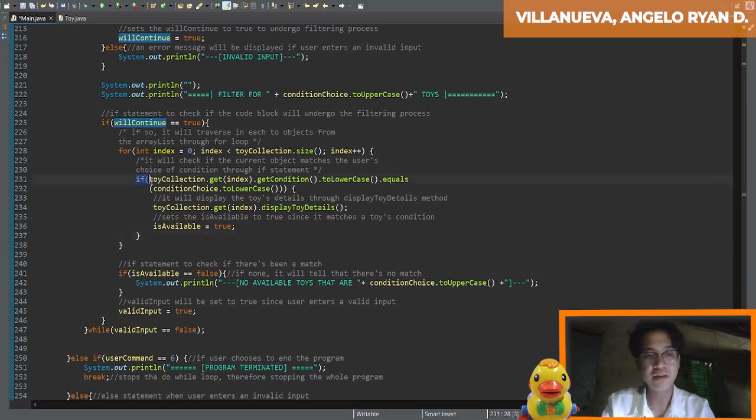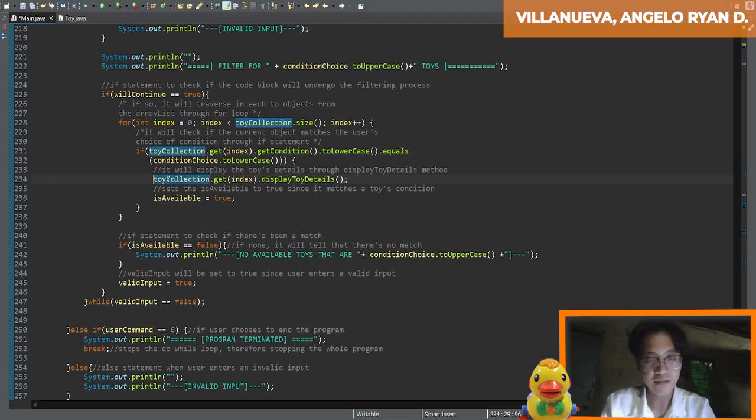By doing that, we've implemented an if statement inside the for loop, which utilizes the get condition method, then toLowerCase, and equals condition toLowerCase. This ensures that whether the given string is inputted in uppercase or lowercase, it will still manage to determine if the string matches the condition that the user inputs with the condition of the current object in the for loop.